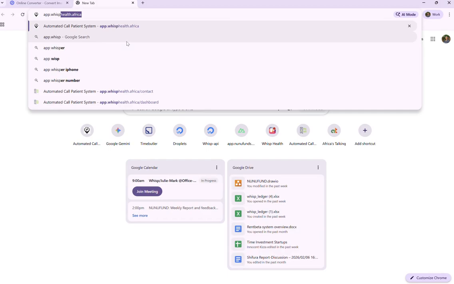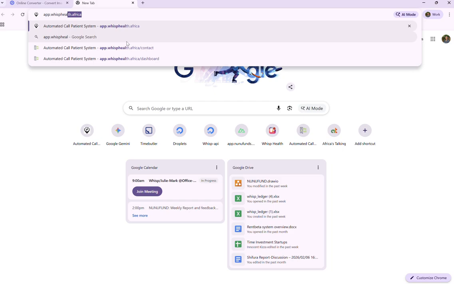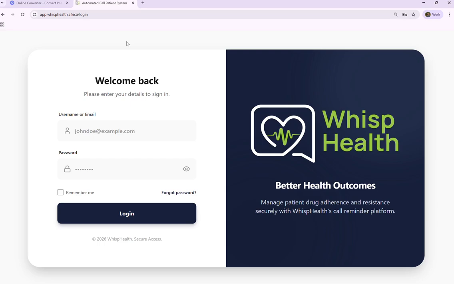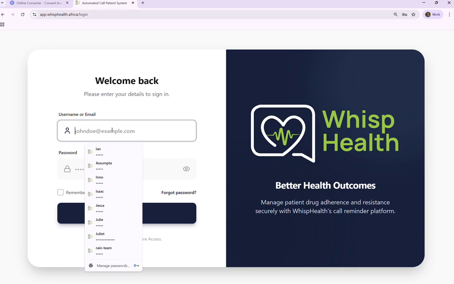app.wisphealth.africa. So when I click, it's going to open, right? When it opens, you should have credentials. I mean, they should have created an account for you by a Wisp administrator. So when they give you your credentials, which you receive via SMS, you type in your username here and then